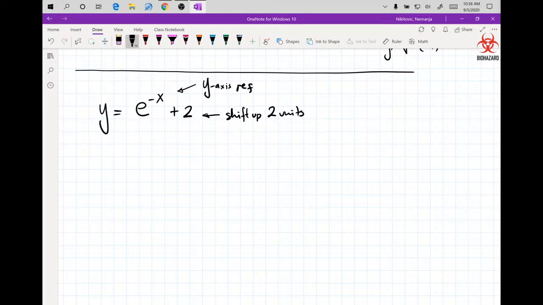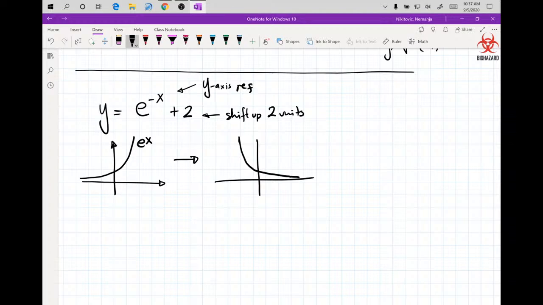So you can do this in 3 stages. You start with your original function e to the x. Then you reflect that on y-axis to make it to be e to the negative x. That's the decay. And then you shift everything 2 units up to make it